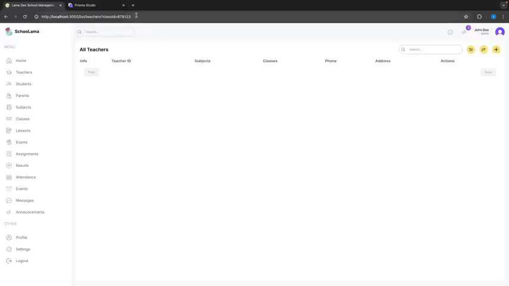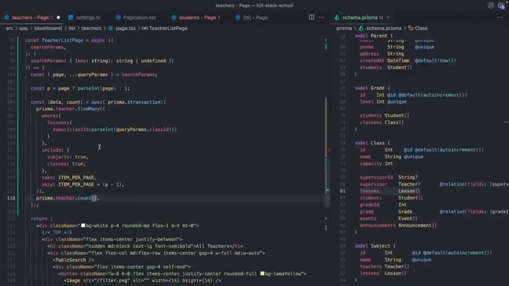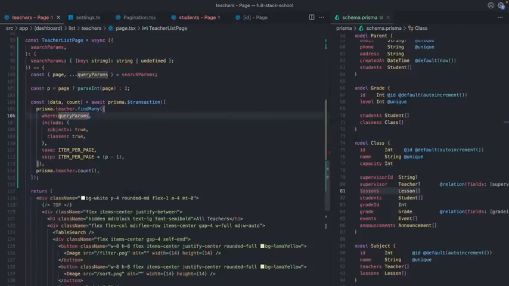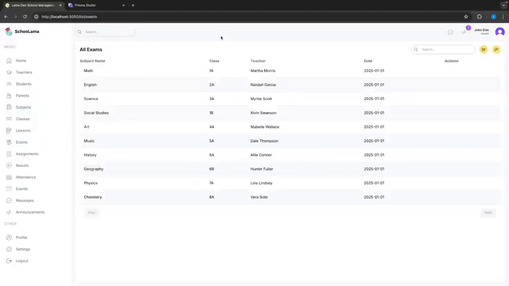But of course, we can have different queries here. So instead of writing them like that, you might think to just pass query params here. But it's not a good idea because to protect requests, we need some rules. We cannot accept any given query params. And also, in our application, we have different roles. If we are the admin, we will be able to see all the exams. We can write any query we want. But if we are the teacher or student, we are supposed to see only our exams, not other students or